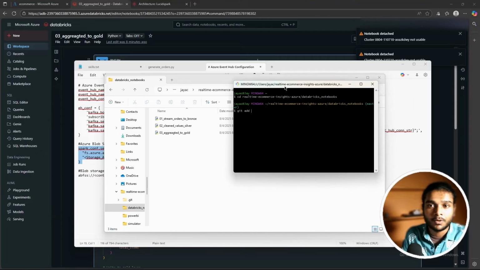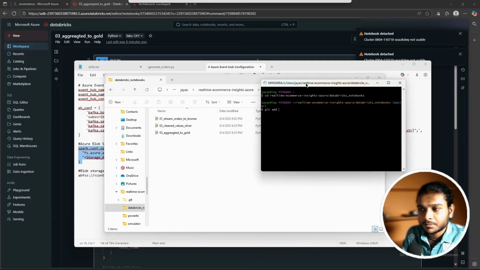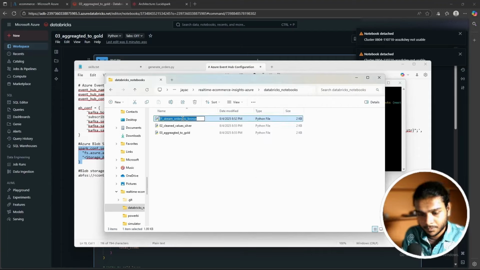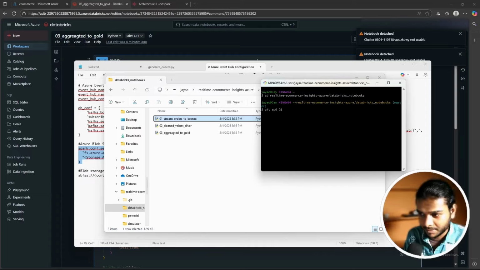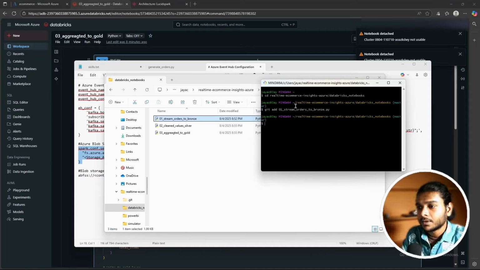So I'm going to add one by one just to make it clear. So I'm going to add the first file, stream order bronze. So you want to copy that. Oh well, I can't copy that into git bash. It's easier to type in the git bash than copying it. So I'm going to type it manually. Orders 2 once .py. So we added that file, and we now need to git